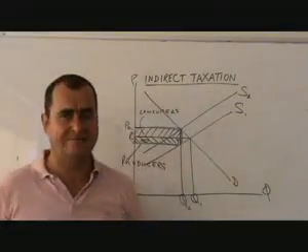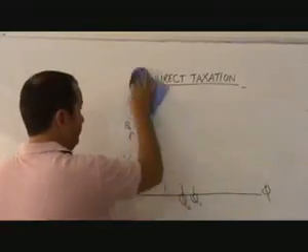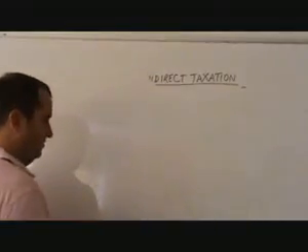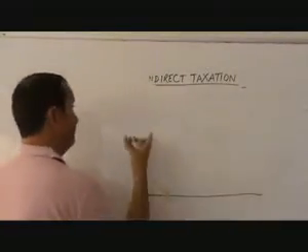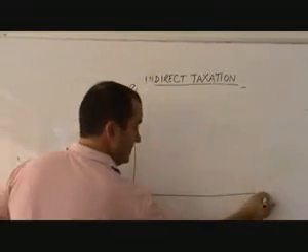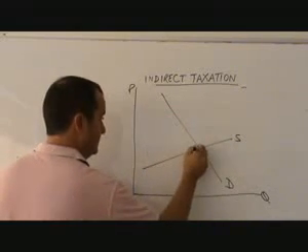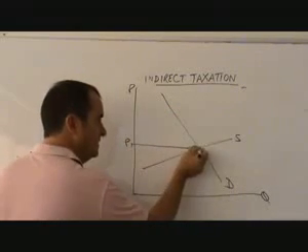I want to now show you ad valorem taxes. So I'm just going to rub this out. Put in a new set of axes, and here is a supply curve, there is a demand curve, here is our equilibrium price, P1, here is our quantity, Q1,